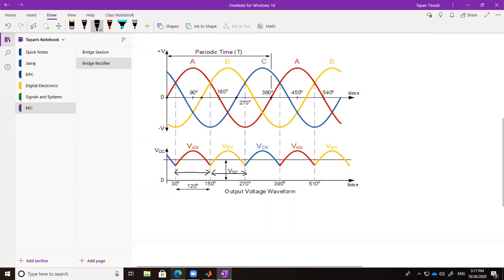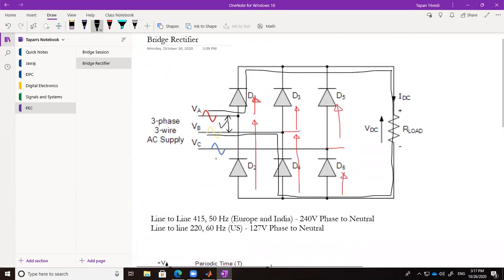Okay. Now, today we are supposed to implement this three-phase bridge rectifier, because these are widely used in AC to DC conversion, particularly at high power. For example, if you are dealing with a 5 kilowatt charger which needs AC to DC conversion, then for greater than 5 kilowatt, single phase is not advisable.